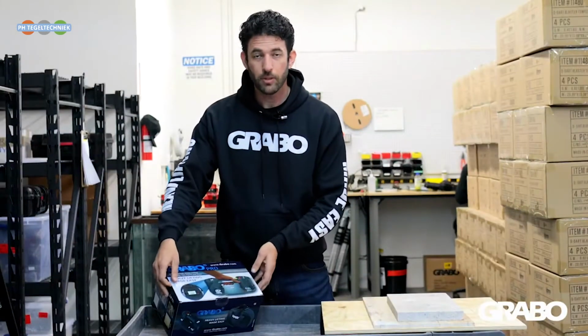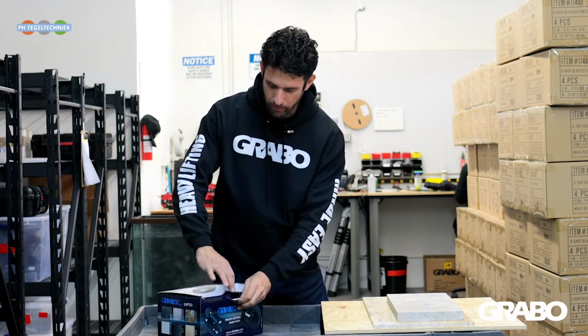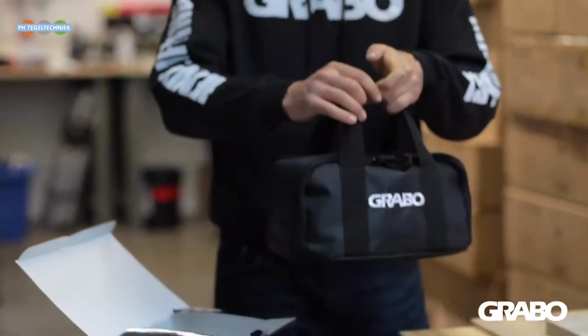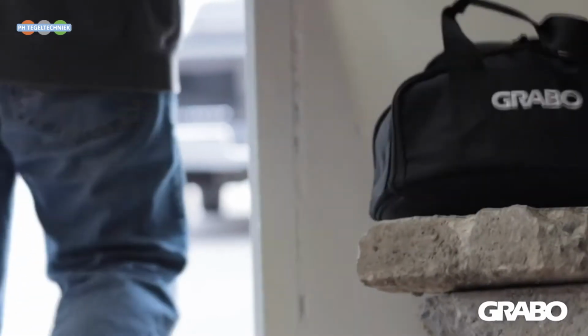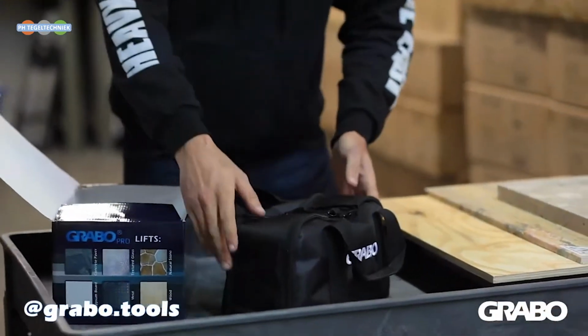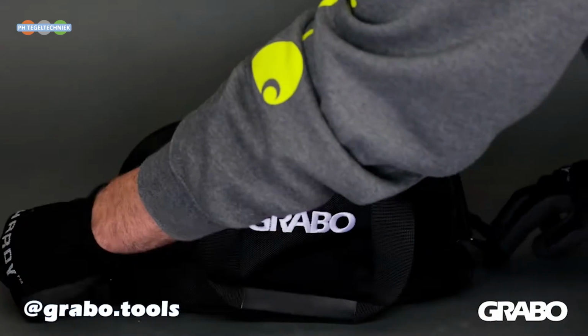So as you can see, the Grabo Pro comes in a cardboard box similar to our current version of Grabo. One of the changes that we made is this nice looking canvas bag. So this is a very tough carry bag that we designed specifically for the Grabo. The way that it opens up is just like that. Open the two zippers and the Velcro,